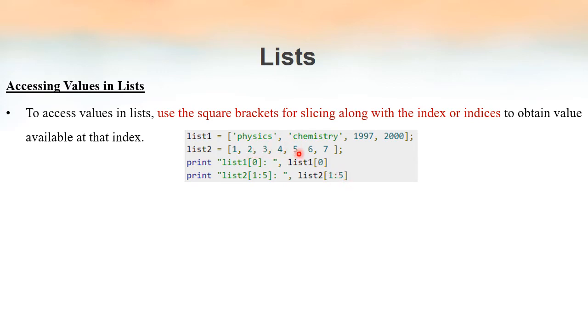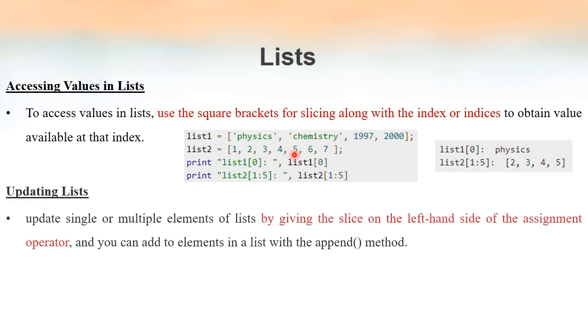So we will be starting from the element 2 and we'll go up to 5, because the last index number mentioned here is 5, and it is actually 6 at index number 5, which is not included. So it will print 2, 3, 4 and 5. This is the output of the corresponding lines of code.